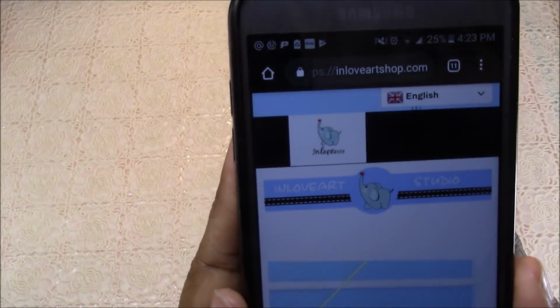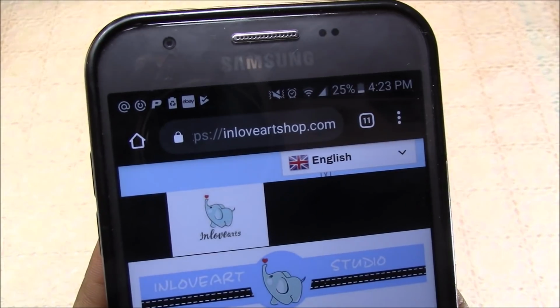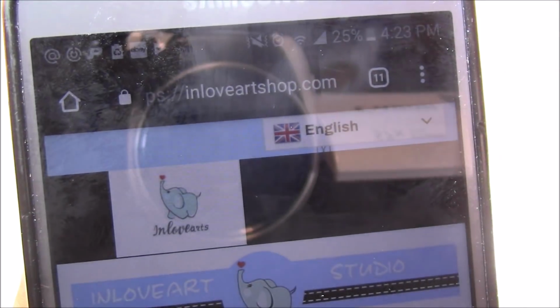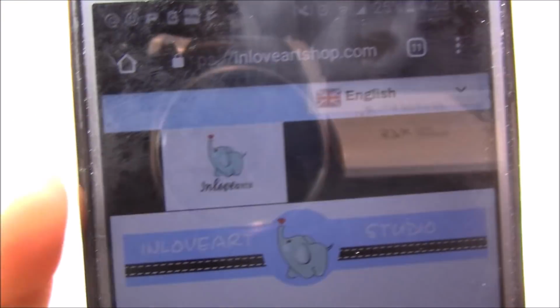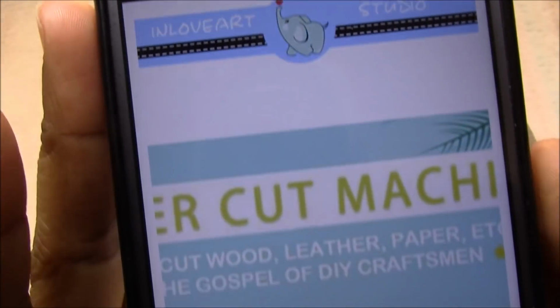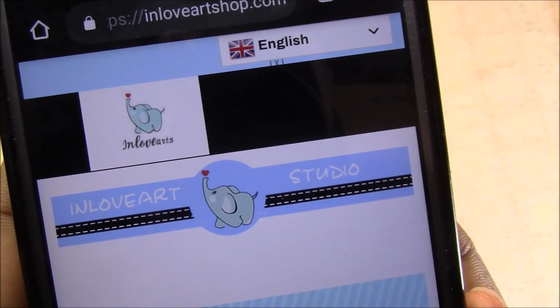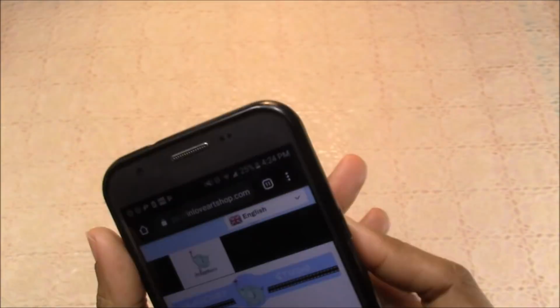I was asked to review some dies and stamps from a company called In Love Art Shop. And this is what their website looks like: inloveartshop.com. And it's In Love Art Studio. They sent me the